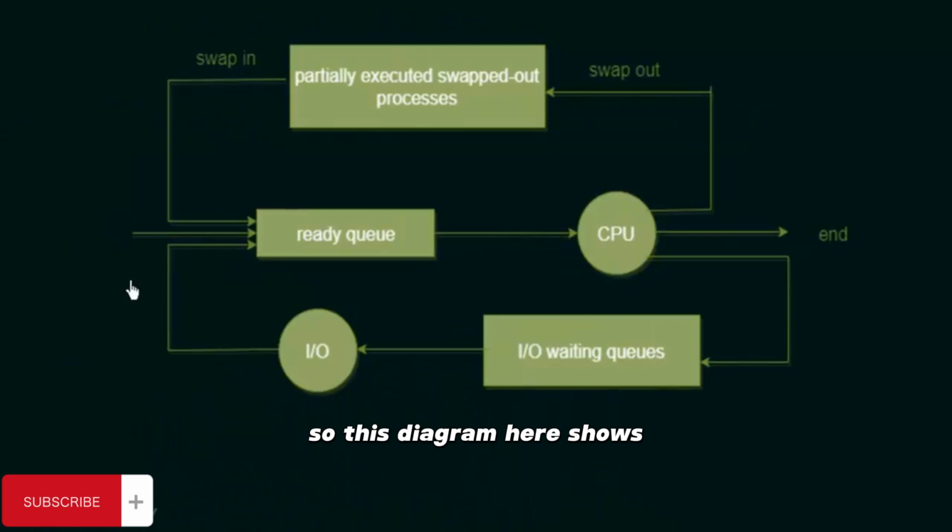So this diagram here shows what happens to a process when it goes from the ready queue into the running state. That means when it gets to the CPU, and what are the things that can happen. So here let's say that from the job queue, the processes come to the ready queue. So let's say that a particular process is in the ready queue, and it is just waiting to get the CPU for its execution. So once it gets the CPU and it begins its execution, there are several things or several